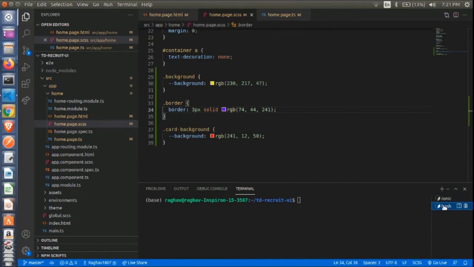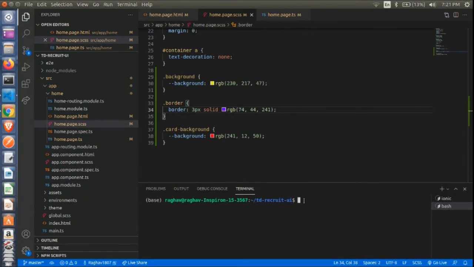The use of this is that you can generate new components using the command prompt without hampering the running of the application in the background.